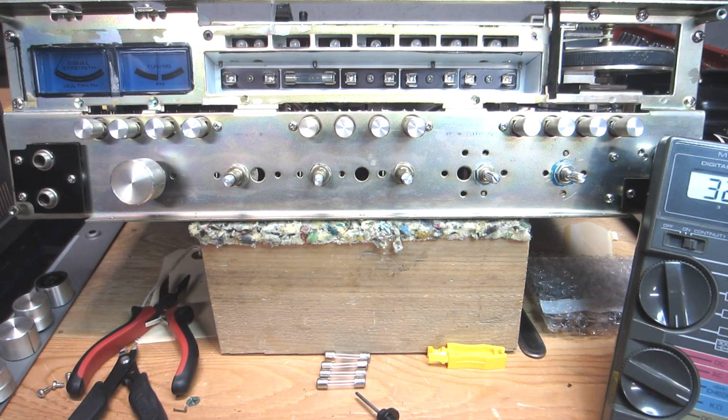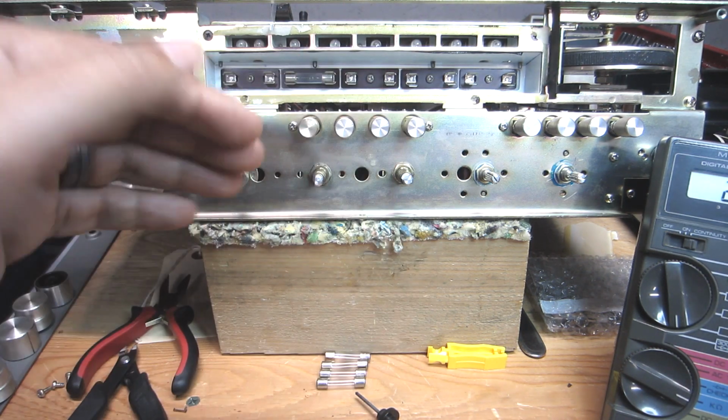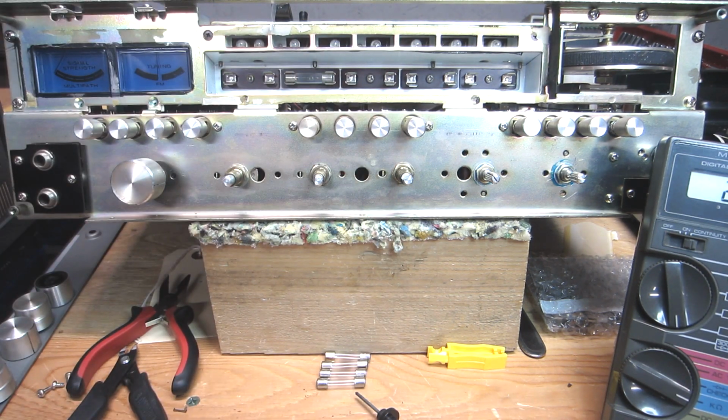Okay, and getting started, how do we know we're dealing with bad lamps versus another issue, such as a connection issue, a blown fuse? Well, we're going to stick with just bad lamps. I'm not going to touch on troubleshooting other issues right now. I will just mention in brief that yes, sometimes on the back of the lamp housing, on the circuit board, you can have bad solder joints,